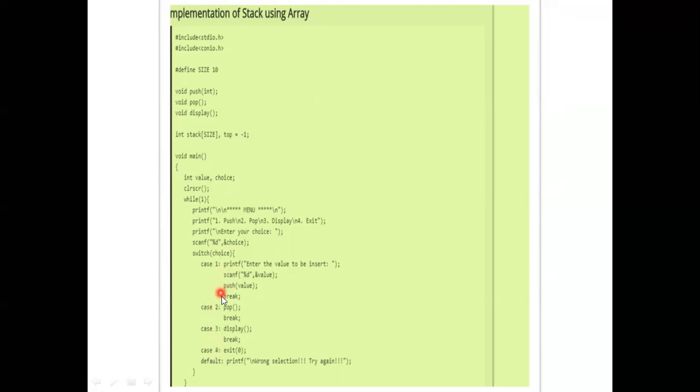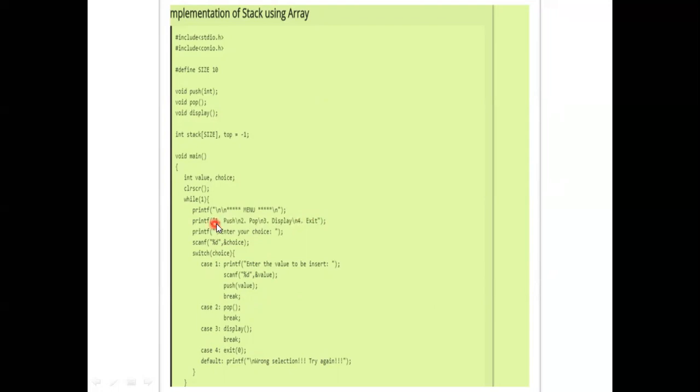The first choice is the push operation, where we pass a value as an argument, then the pop operation and display operation, and finally exit. This is the void main method, in which we use one switch case with 4 operations: push, pop, display, exit.